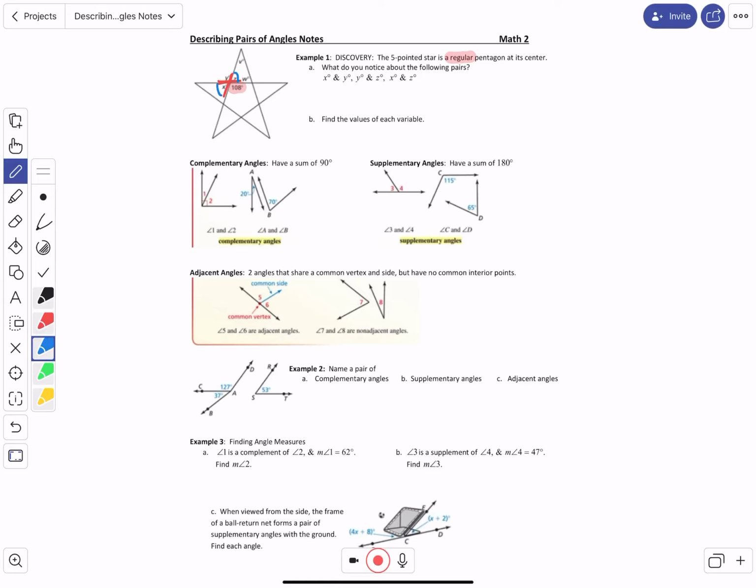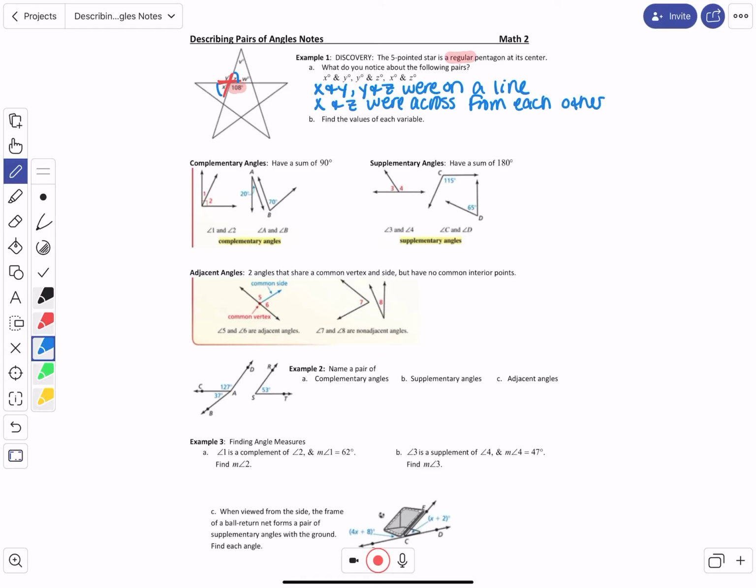Okay? So X and Y were on a line, Y and Z were on a line, and X and Z were across from each other. Okay? And if we find the values of each variable,